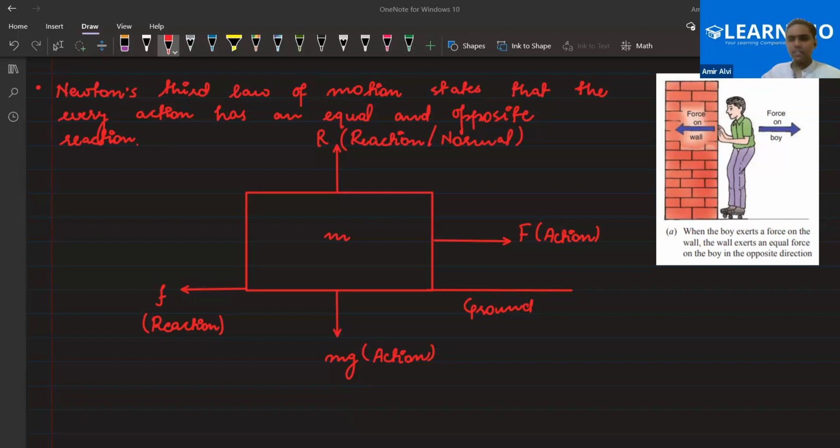So now let's understand some conceptual questions based on Newton's third law of motion. The first thing is how do we walk. The first real life example is how we walk. Basically we exert a force on the ground, so the ground also exerts the same amount of force. That's how we walk. Just a second, let me give you the picture of the man. How does it work?